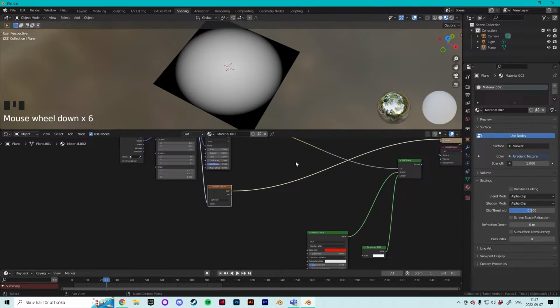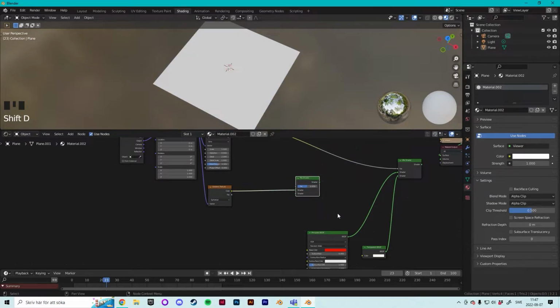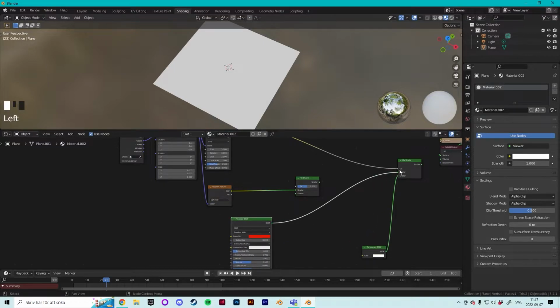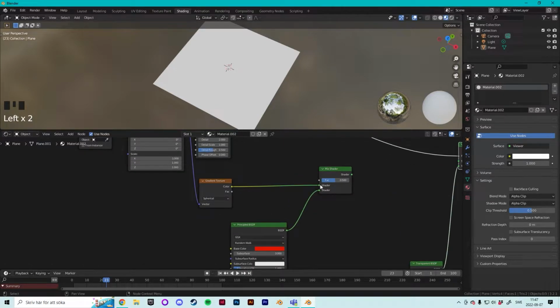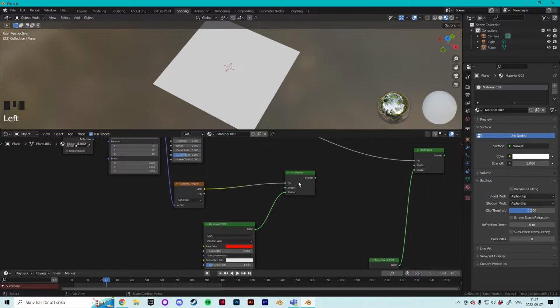And now I want to combine these textures again, so we need another mix shader. So I select this one, press Shift D, move this over here, and now I actually want to move this color into this factor instead, and this color should go to the shader, and this shader into this shader. And now I press Ctrl Shift